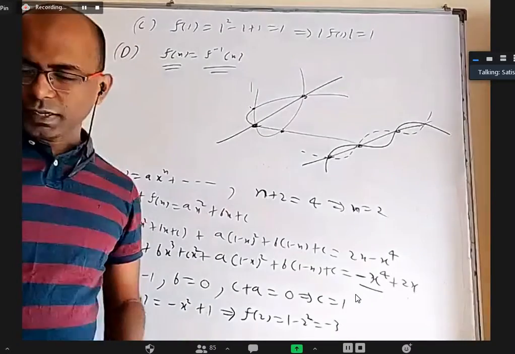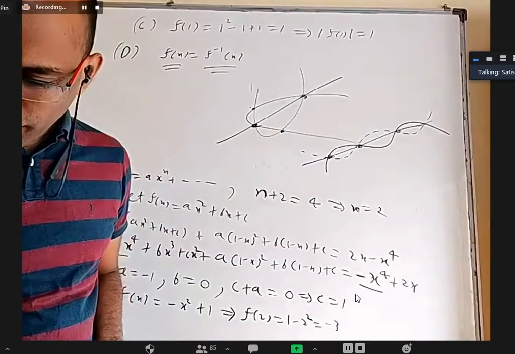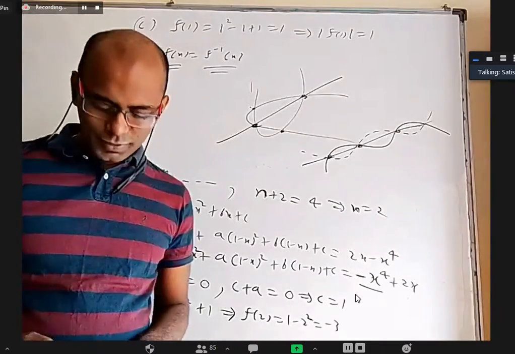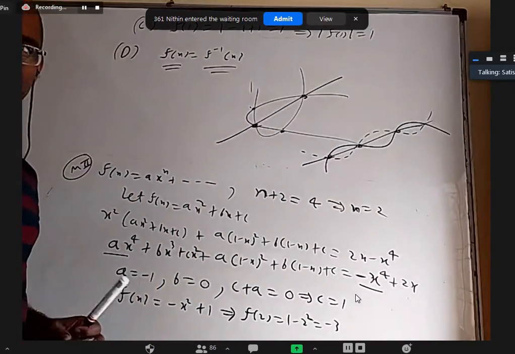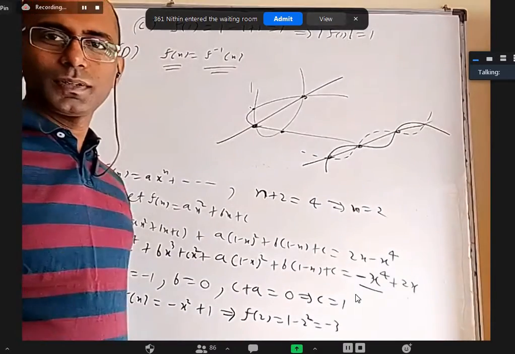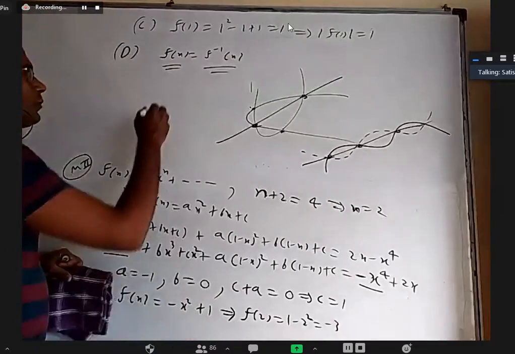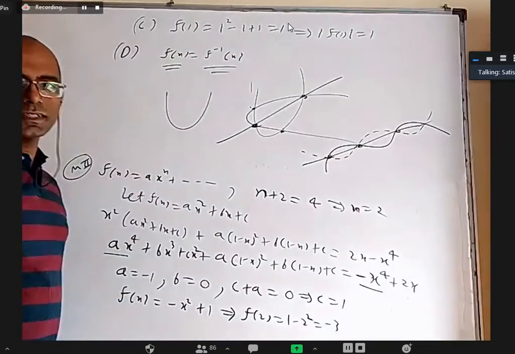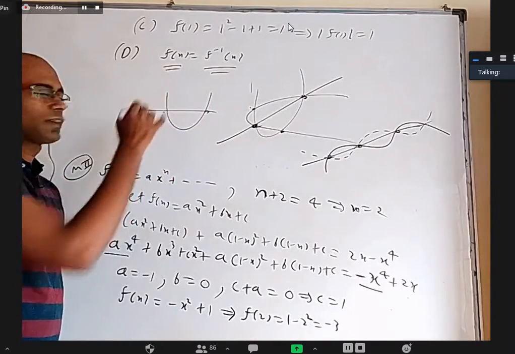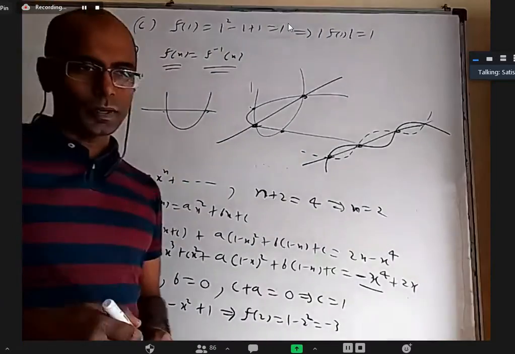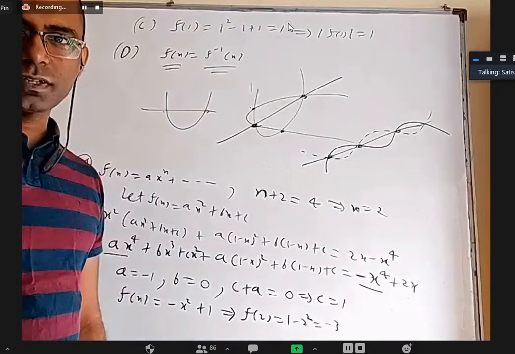But to be frank, I did not like the question. You know why I did not like it? Because the function doesn't have an inverse. It is not a bijection. Because a parabola, quadratic expression, like this, can it be a bijection? No, sir. Not even one-one. They should have told a particular domain and particular codomain. Then it would have had an inverse. Otherwise, not necessarily. Right?